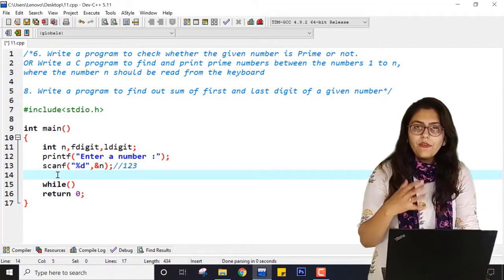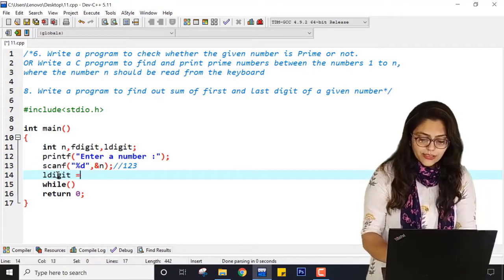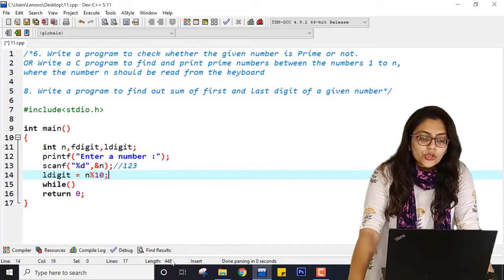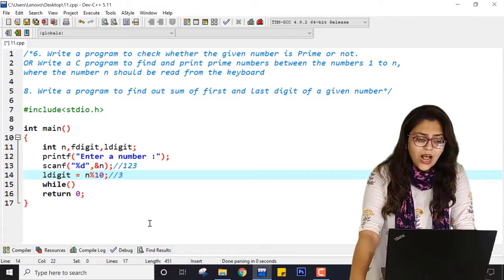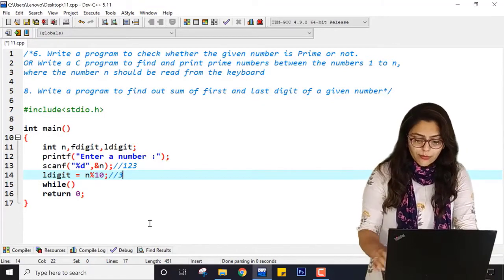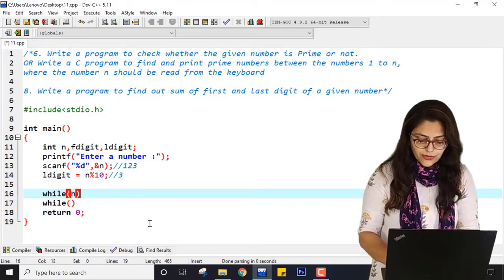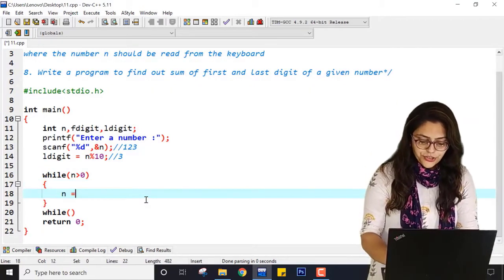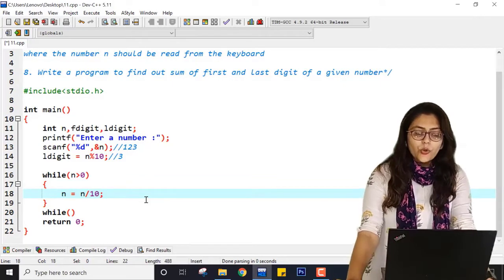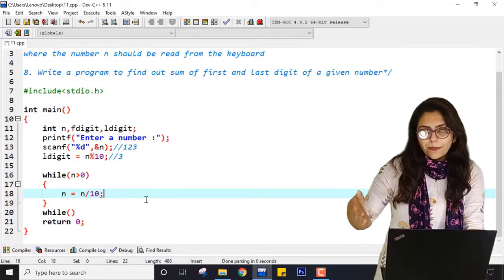In a similar way, if I just want to find the last digit, it is very easy, because I can just do n modulo 10 and I will find that digit. So first I got the last digit, that is 3. But now how can I get 1? One may say that ma'am, we can use a similar while loop that we have used in previous programs. So I am doing n greater than 0, and for each n I am doing n divided by 10. So with every iteration the last digit will be chopped off.